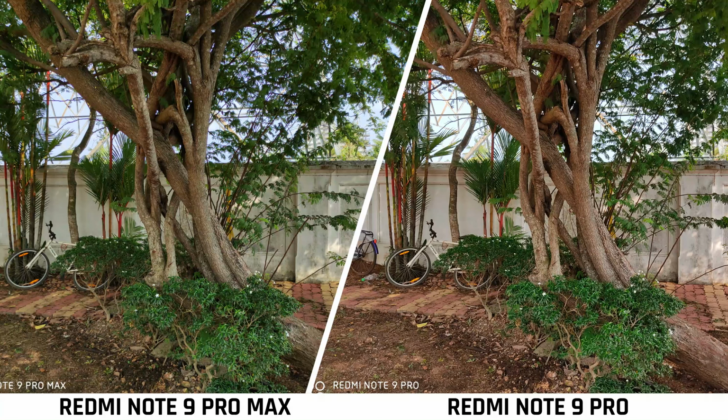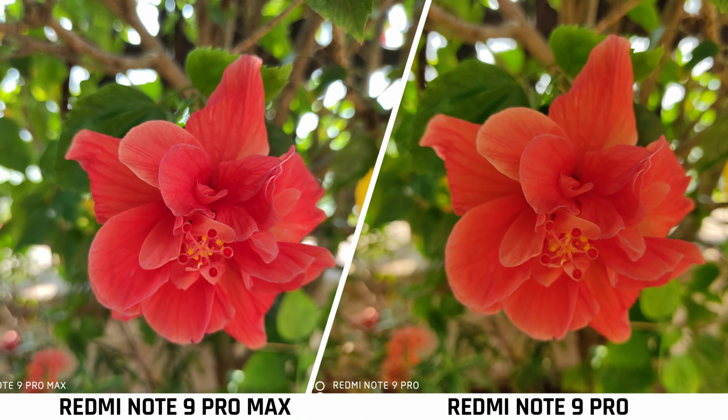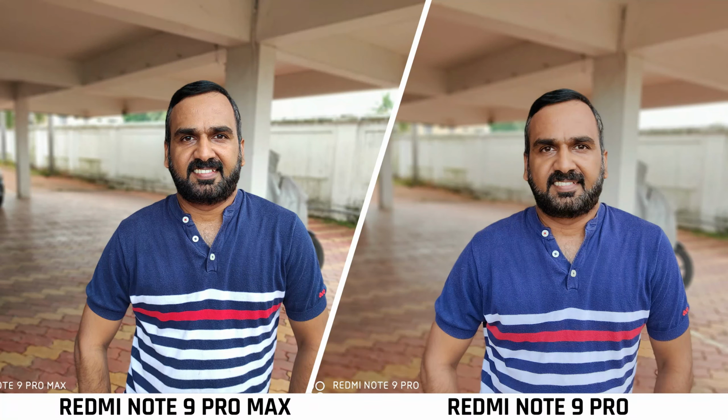There are saturation issues on the Pro Max as well, but when you compare these two devices, we felt that the overall quality in terms of daylight experience was better on the Redmi Note 9 Pro Max. Portrait shots, the macro shots and also the ultra wide angle camera looked quite similar. Now when it comes to low light experience, that's where again the Redmi Note 9 Pro Max takes the lead,